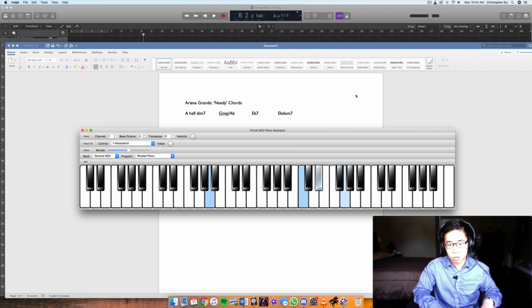2, 3, 4. Now, in the actual song, basically the low note or the root is down an octave from everything else. So basically, in my right hand, I'm playing a C minor chord, while in the left hand, I'm playing an A. A is the root. So now, in the next chord,